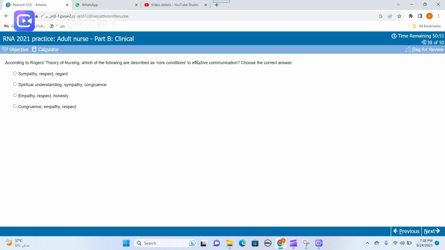Rogers: effective communication, congruence, empathy, and respect. We always need to have empathy and give respect with congruence to the patient when we are discussing or having a